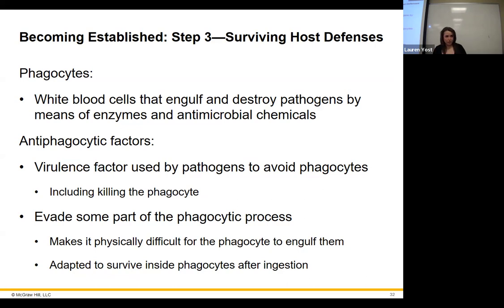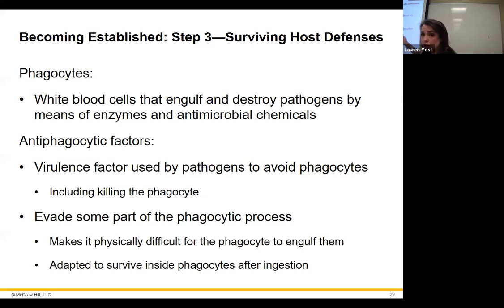All right, so going on to surviving the host response, we've got phagocytes that go around. I've been mentioning them all semester. The phagocytes are going around to eat up the debris and the bad guys and whatever they encounter that's not supposed to be there in the body. They're doing this all the time in all sorts of tissues, pretty much everywhere. They're going to eat up stuff and degrade it, no matter what it is, and then break it down inside of their cells using enzymes. We even talked about the toxic oxygens and all that. Great, that's what the phagocytes do.